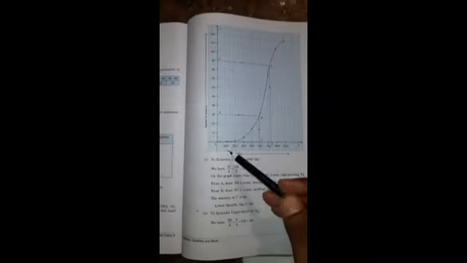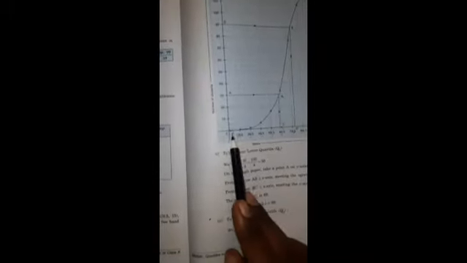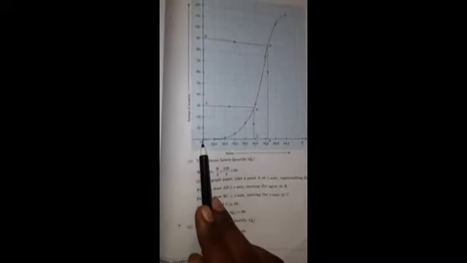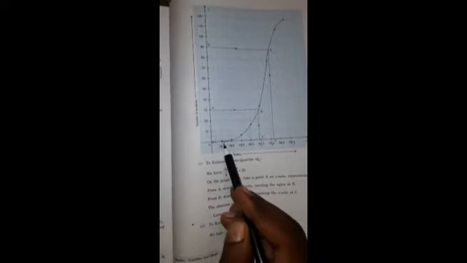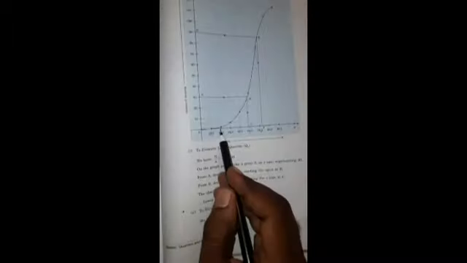And the interquartile range formula is Q3 minus Q1. See here, I have taken the marks on the x-axis and the number of students on the y-axis. Same as the previous one, there are 120 students, and it starts from 29.5. That's why I am taking the first point as 29.5. Before that we have 0 up to 29.4, so I drew the curve like this. So from 29.5 to 39.5 we got 1.